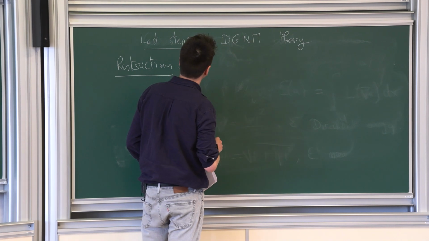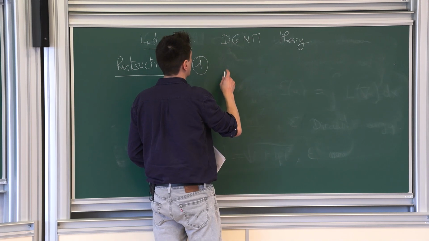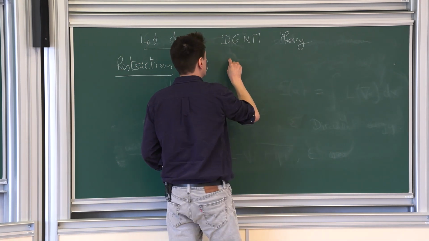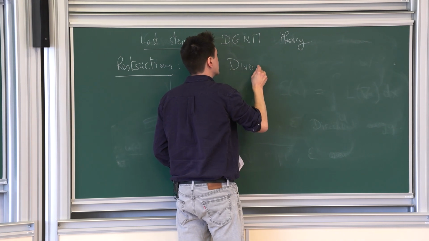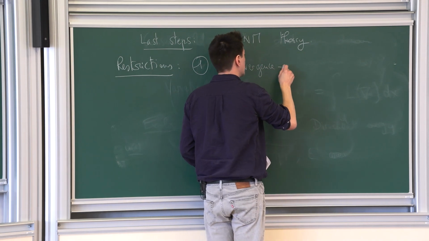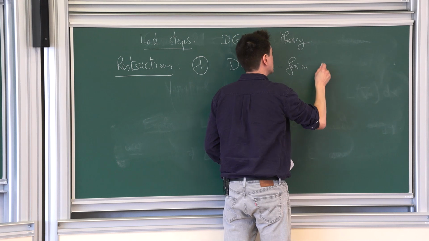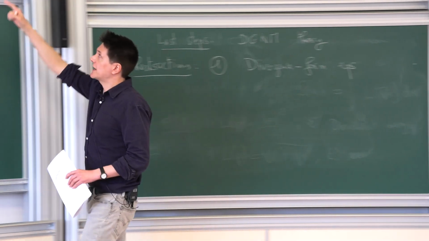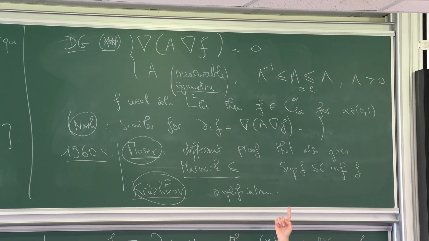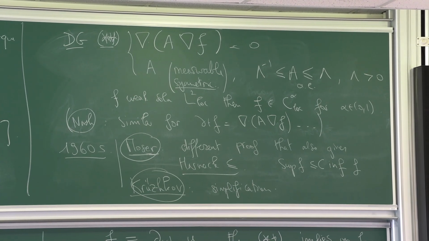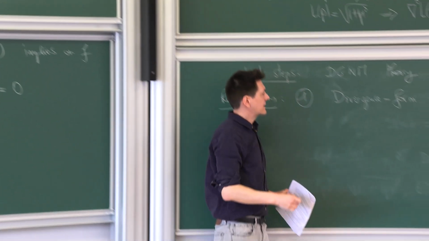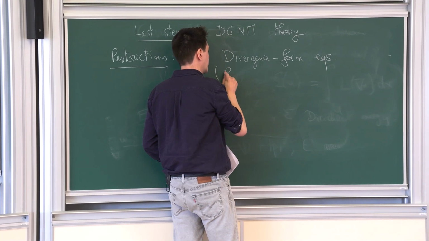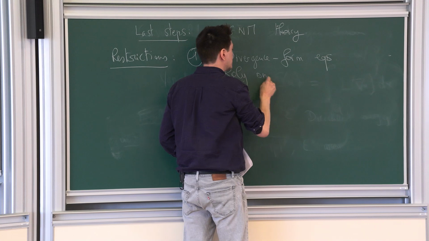Yeah, the first one is that the theorem of De Giorgi and Nash deal with divergence form equations. Same with Moser, same with Kruzhkov. And so you see what I mean, divergence form, the last derivative is out of the coefficients. And it's not at all a technical issue. It is absolutely fundamental because all the methods rely at some point on energy estimates.